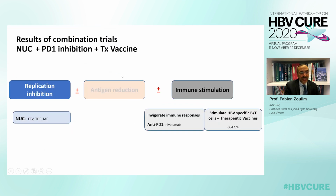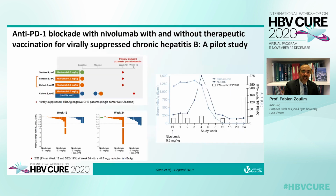Lastly, the combination of a therapeutic vaccine to stimulate HBV-specific T cells or B cells has been evaluated in combination with Nuke, and we know that it was a little bit disappointing. So the investigators went on to a triple combination in association with a checkpoint inhibitor like an anti-PD-1 such as nivolumab. And you see here the results that were published recently by Edgain and Gilead, showing that with a combination